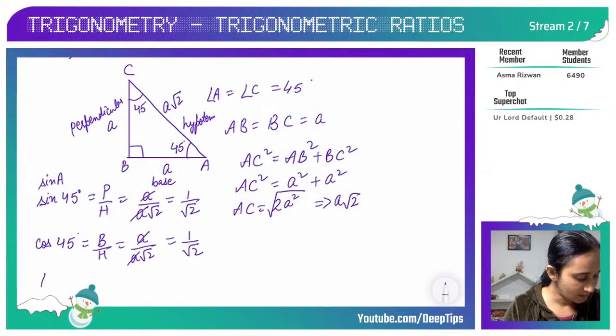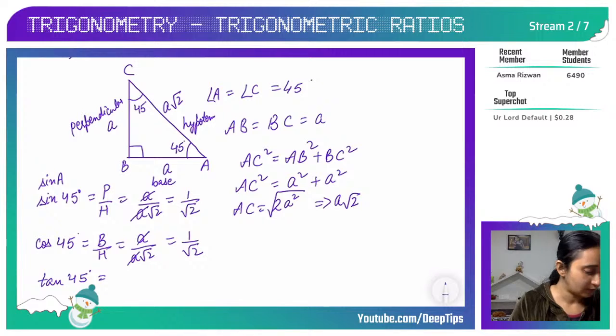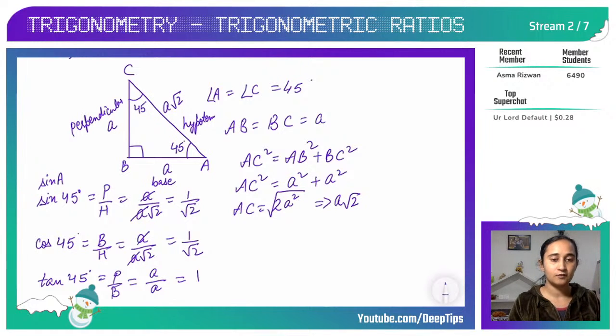Now if I look at tan 45 degree, I know this is equal to sine theta upon cos theta, or sine 45 upon cos 45. And if you look at the Pandit ji wala formula, you can write perpendicular upon base. Correct? So perpendicular is a and base is also a. So they both get cancelled. So I get tan 45 as 1. Or if I divide my sine 45 by cos 45 value, that is also 1 by root 2 upon 1 by root 2. So they both get cancelled and the value of tan 45 is equal to 1.